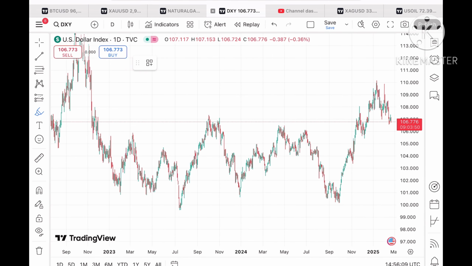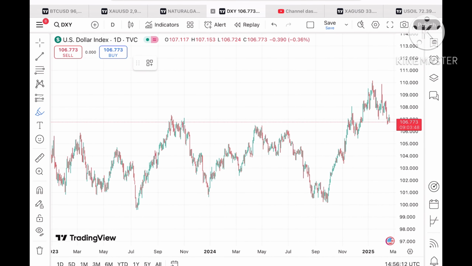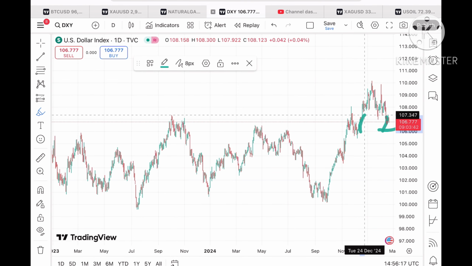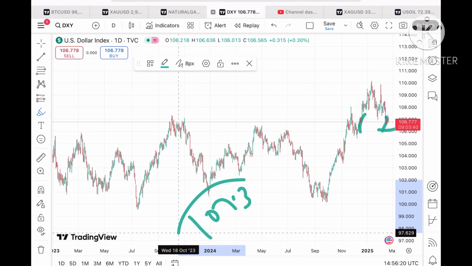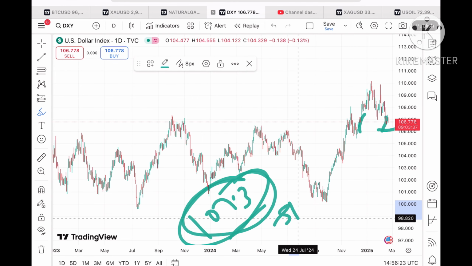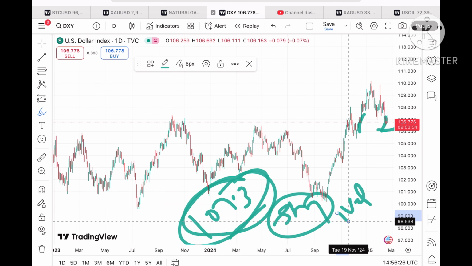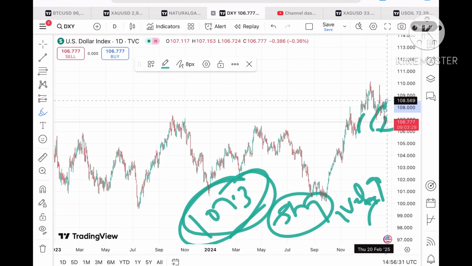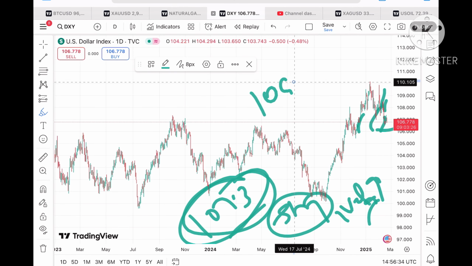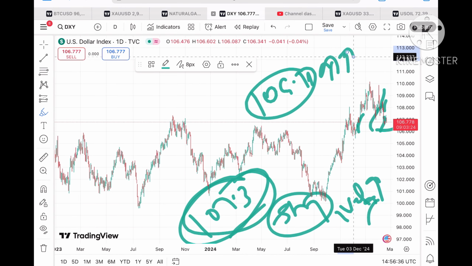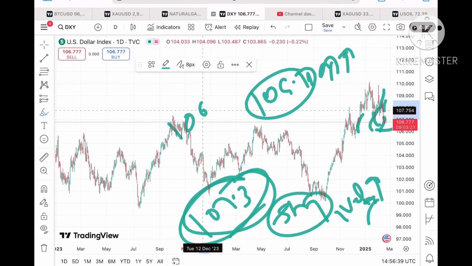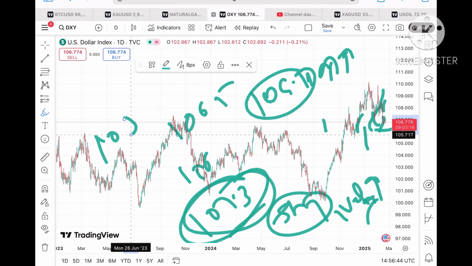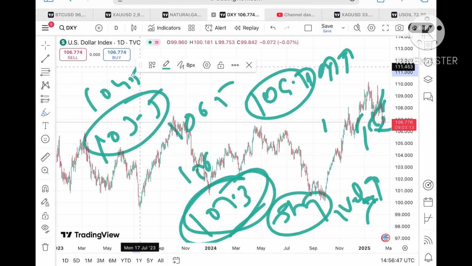I've clearly explained that the dollar index is now trading at a level of 106.773. If the price sustains above this level, the probability of going towards 107.2 to 107.3 is there. This 107.3 is a strong level, so if the price sustains above it, there will be higher chances of further upside, and then it will touch a level of 108 to 108.5, and from there 109.4, and then we can see further upside movement. But if it doesn't sustain, we can see a level of 106.5 to 106, and if that doesn't sustain, a further fall towards 105.5 to 104.5.